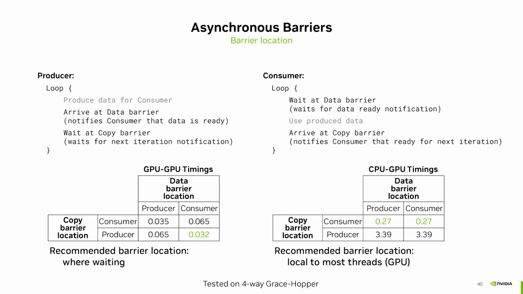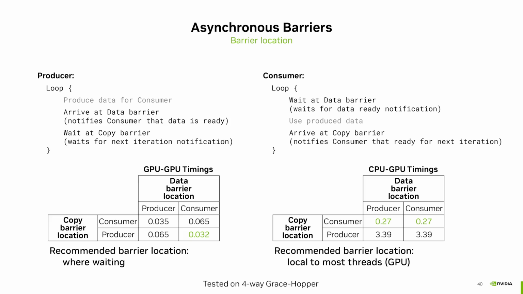Okay, here's a note on the performance. So I have a typical producer-consumer pattern when there is an external loop. Producer produces data for consumer, then notifies consumer that data is ready via data barrier. And then to proceed with the next iteration, it waits for another barrier from consumer to make sure that the data is not overwritten. And consumer at the same time waits on the data barrier, then it can use produced data, and once it's done using produced data, it arrives on a copy barrier to let producer know that we